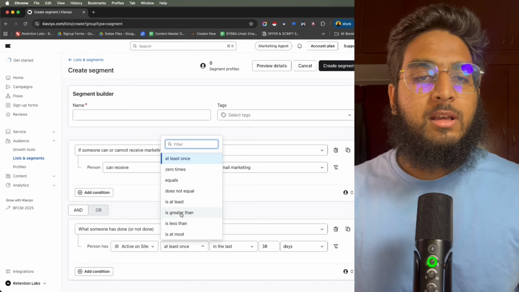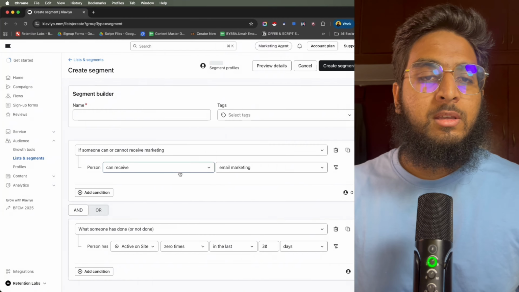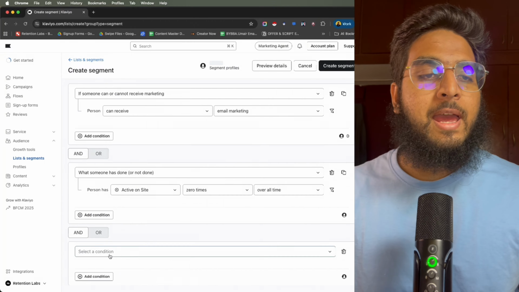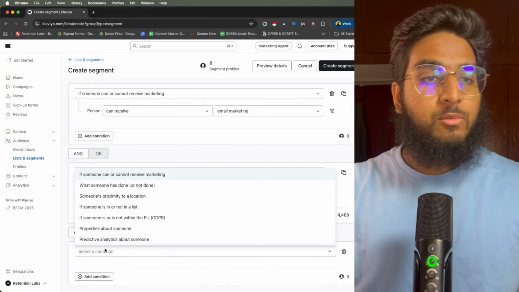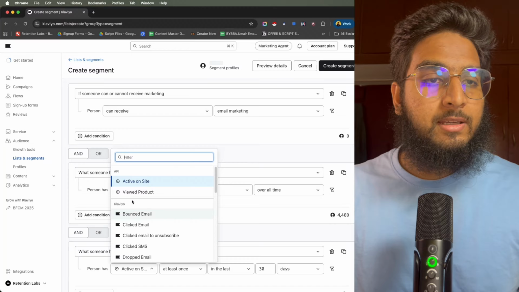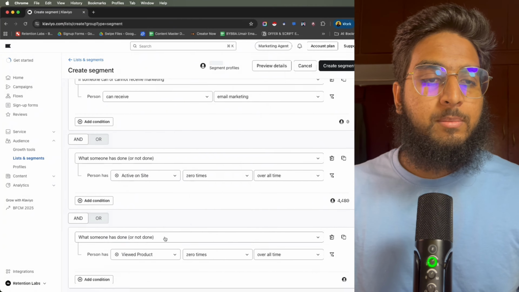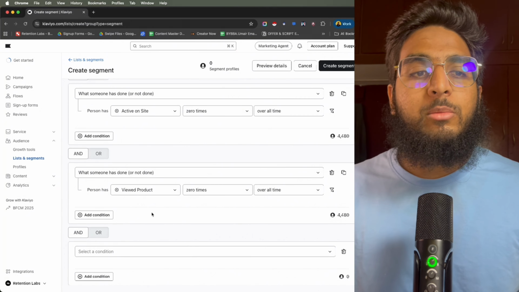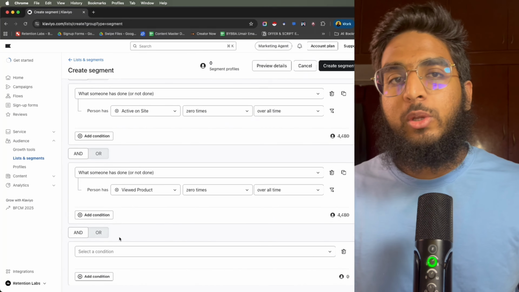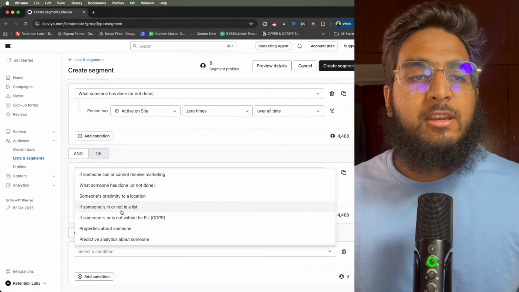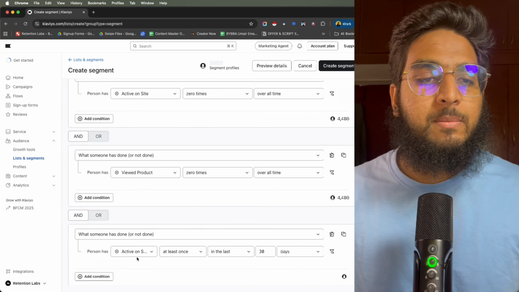and select condition, what someone has done, active on site, zero times over all time, add condition. And what someone has done, select viewed product, zero times over all time, add condition. So basically what I'm doing is adding people who have never shown interest in my website or my product. So what I'm going to do is add another condition, what someone has done,